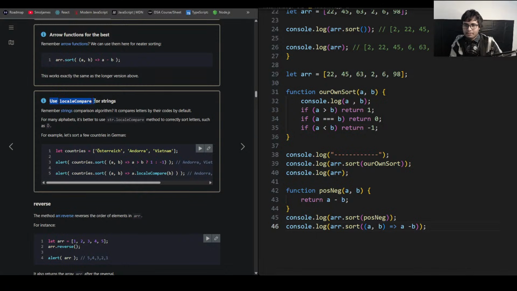Use localeCompare for strings. Remember the string comparison algorithm? I don't remember because I didn't read that. It compares letters by their codes by default. For many alphabets, it's better to use the string.localeCompare method to correctly sort letters such as